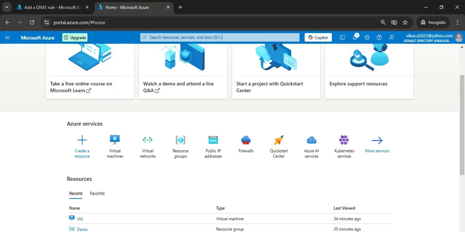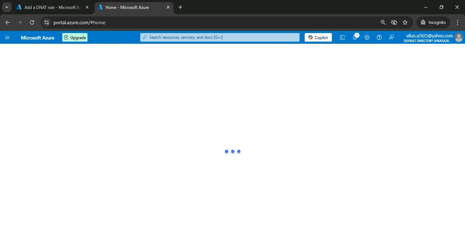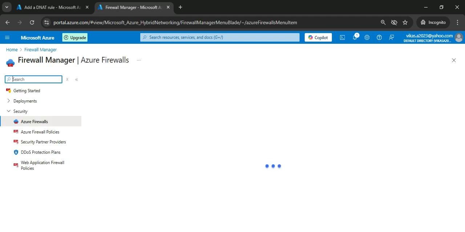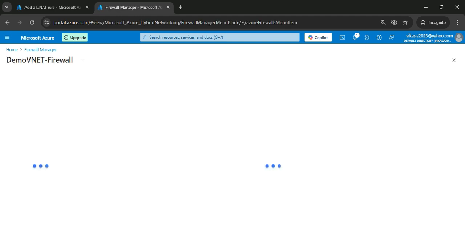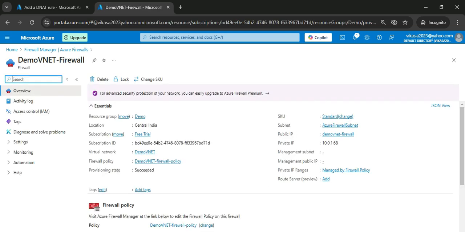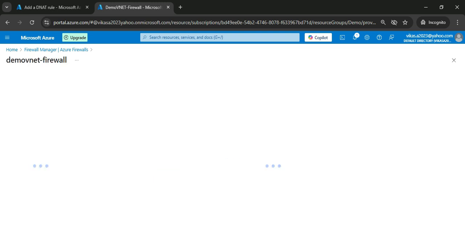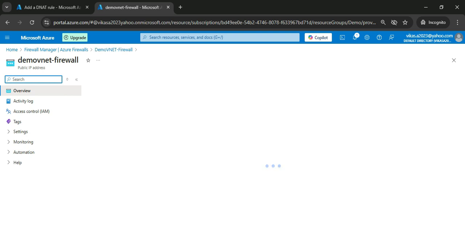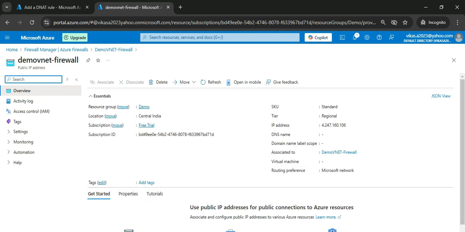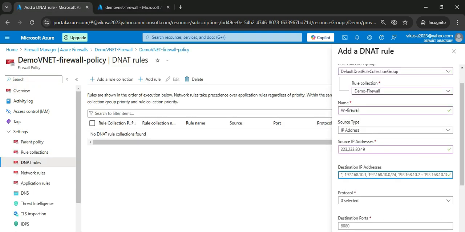So let's go to the firewall where we created a firewall, the demo VNet firewall. In that, let's click on the public IP firewall. It will open a new window where we need to copy the public IP address of the firewall. If you see the IP address, that is 4.247.160.106. Let's copy this and enter it in the destination IP address, and the port and the protocol, that is